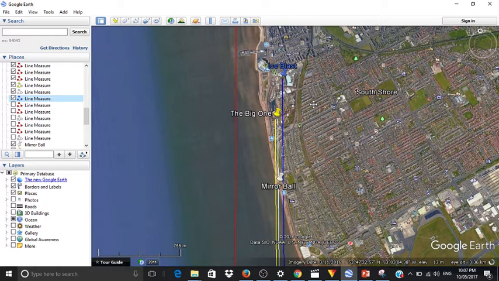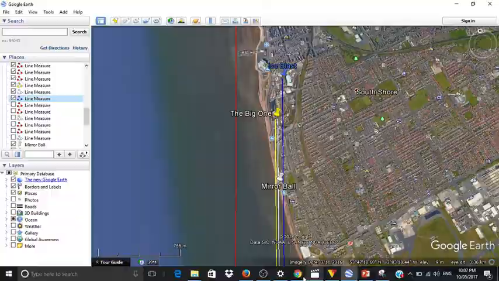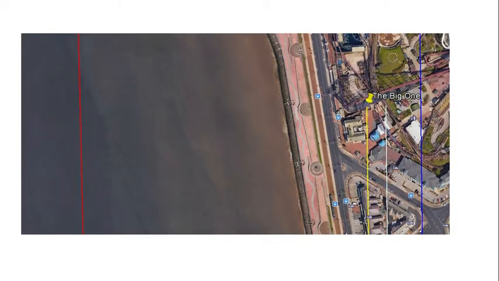and you zoom in, we can overlay the picture over the lines of sight. Now, if you overlay the picture over the lines of sight, this is what happens. You can overlay the line of sight to the tower, the line of sight to the big one, the line of sight to the ice blast, and it falls exactly where this line is. This is the line of sight to the mirror ball, and if the mirror ball was visible, you should be able to see a light here, but you don't.